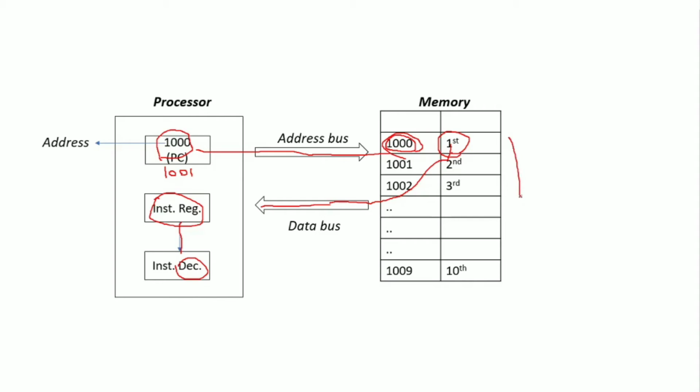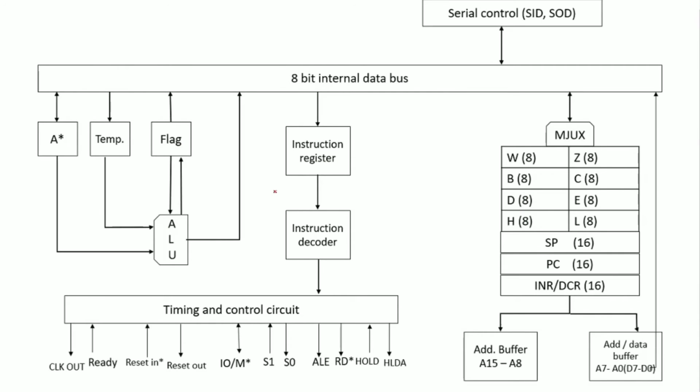Here you can see that these are particular programs or instructions stored in memory, and we have some kind of addresses to locate those instructions or data. So now let's get back to the main structure of our architecture. So we have understood about the instruction register, instruction decoder, and program counter.